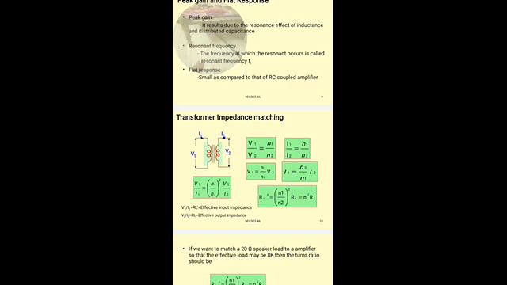We have the relation, ratio of voltage transformation V1 by V2 is equal to N1 by N2, and current transformation is given by I1 by I2 is equal to N2 by N1. So therefore V1 we can write as N1 by N2 into V2, and I1 is equal to N2 by N1 into I2.